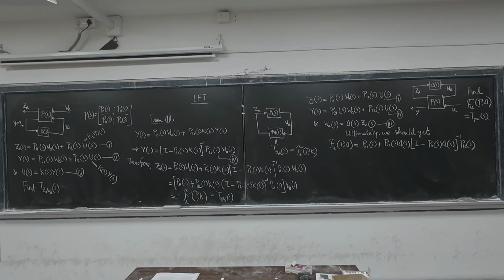It may not be robust, or rather the main purpose is if this is the mapping from u to